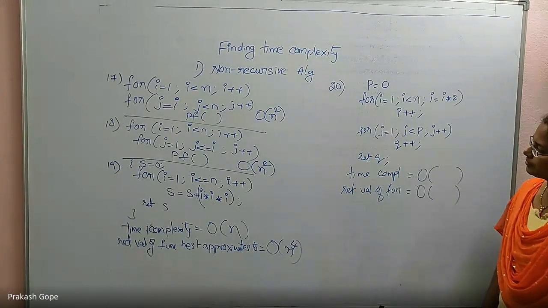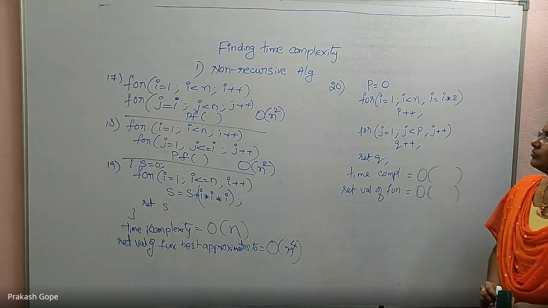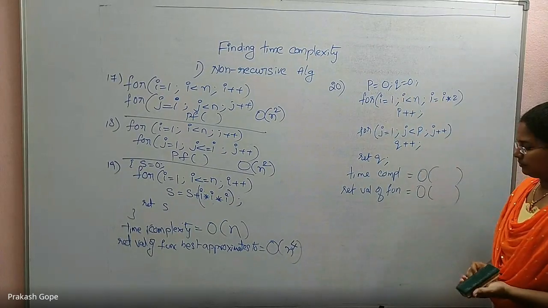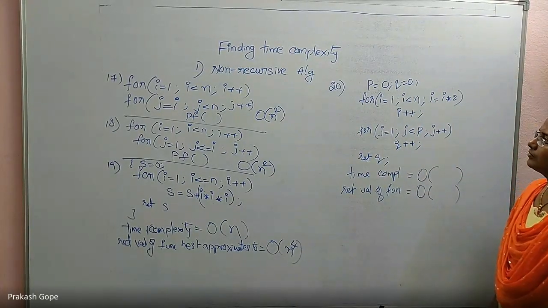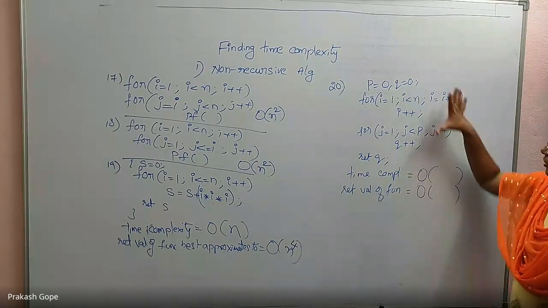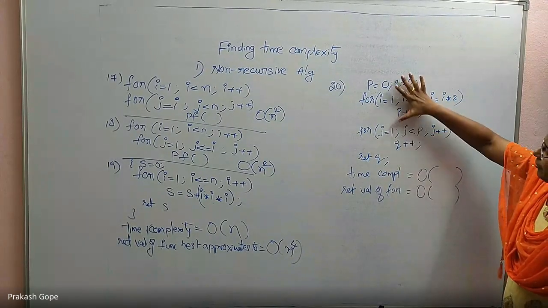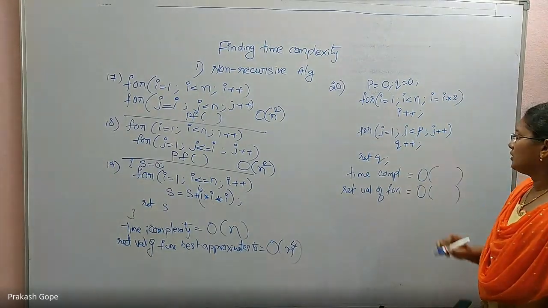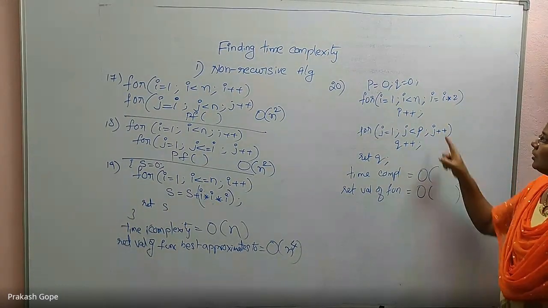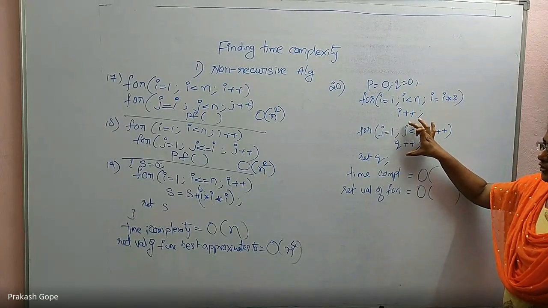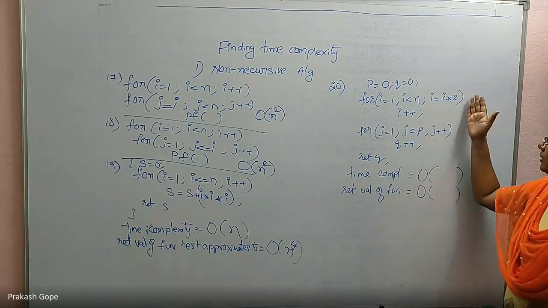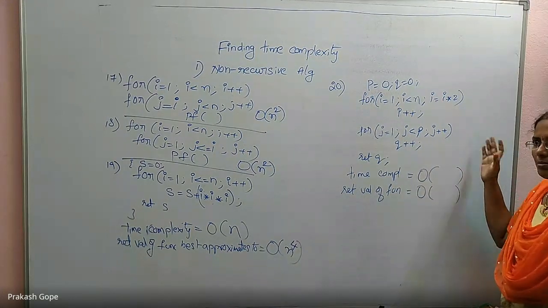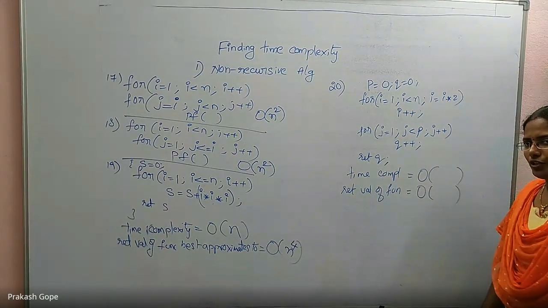This is a function. What is the time complexity? This is a whole algorithm written in a function. What is the time complexity of that function? Then the return value. See, this is a different for loop, this is a different for loop. If we have it like that, we will find the time complexity of both the for loops. Whichever is maximum, that becomes the time complexity of the whole algorithm.